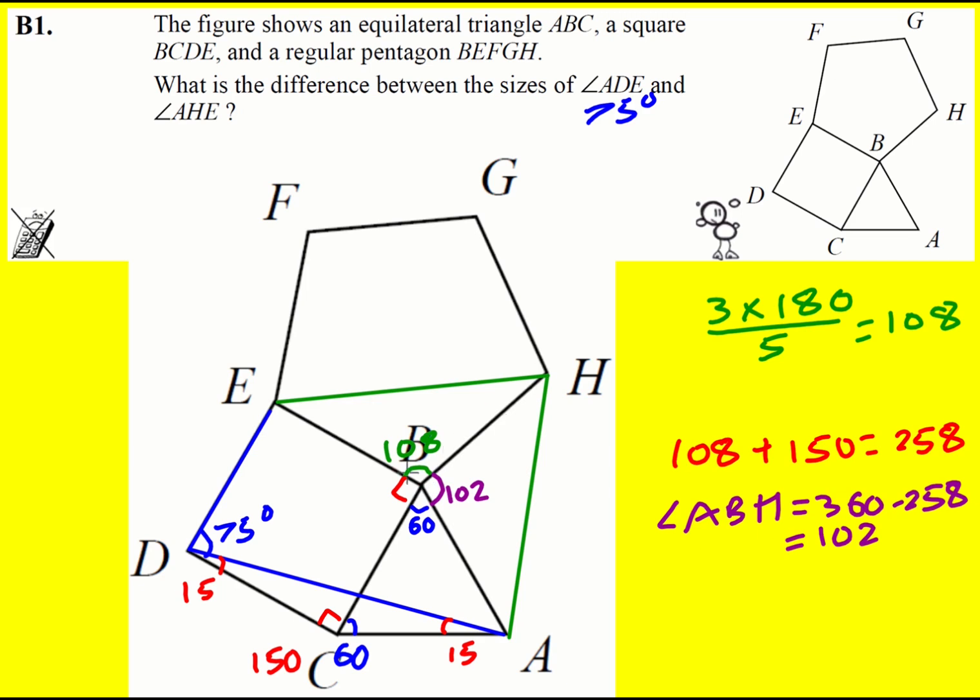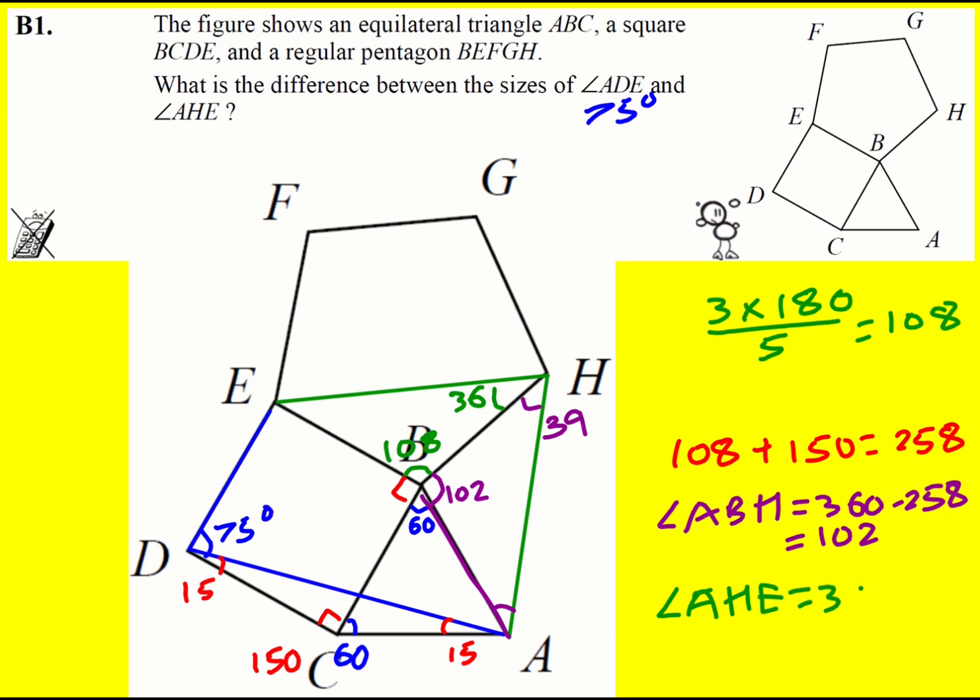Okay, now again, we've got an isosceles triangle here because the pentagon and the triangle have the same length. So we're pretty much sorted. I've got 78 to split between two. So this is then going to be 39. And actually, I can now see I can return to this one. This is also an isosceles triangle here. But now I've got 108, so I'm left with 72. Split that into two, and I'm going to get 36 here, which means that angle, what was it, AHE